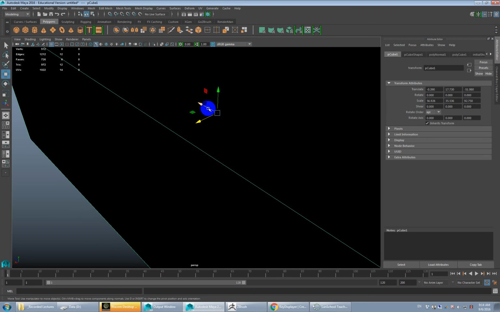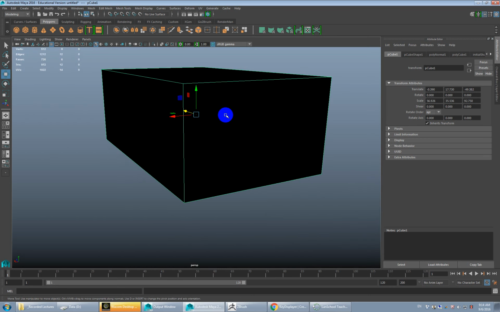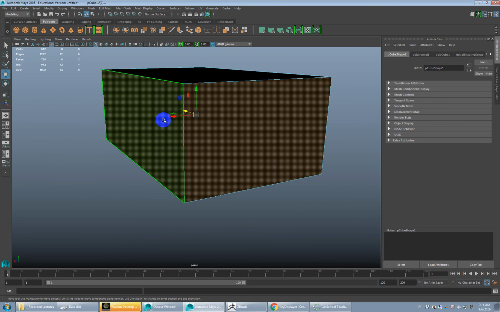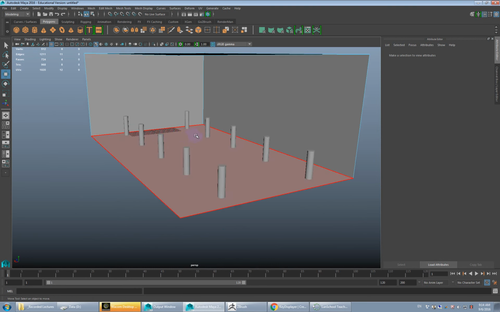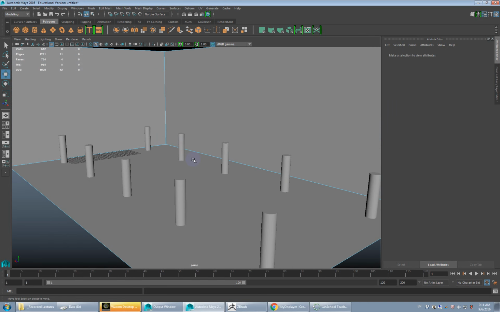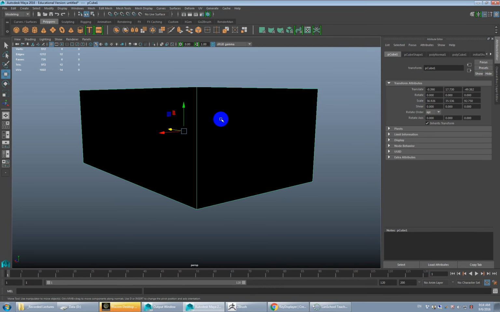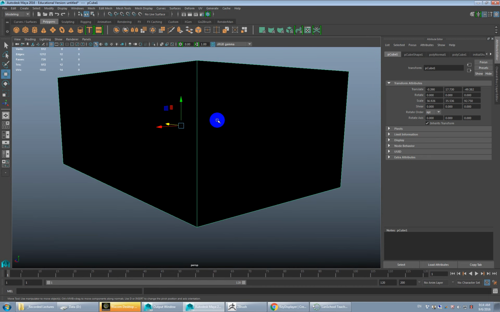Now the other thing you can do, some people will do this where they basically delete faces or hide the faces. So I'm just going to, in this case, delete the faces. Because chances are your camera's not necessarily going to need to see those. So let me just go to object mode for now. So when you're setting up your camera,